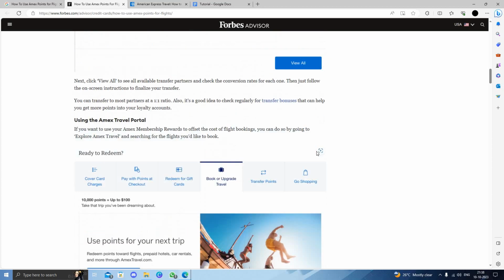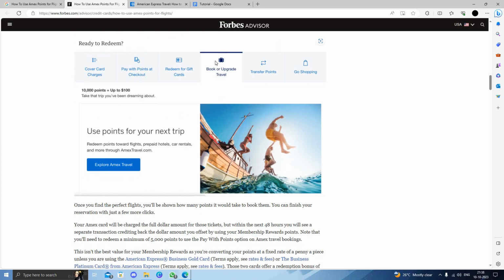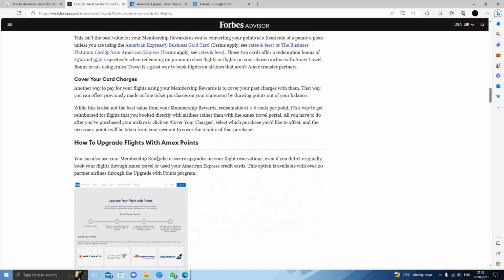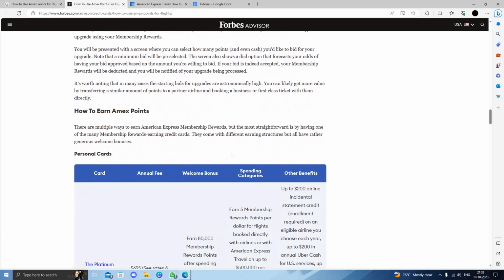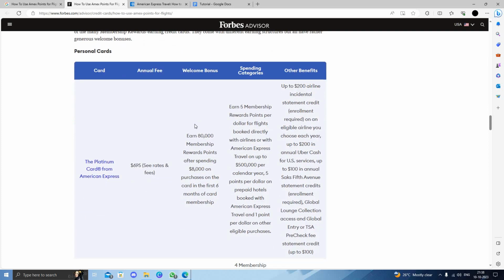Same thing here. So you have to click on book or upgrade travel, then click on explore Amex. Then you select which flight you have taken, for example if you have taken Air China or any flight. Here we have many of the major flights, so we can directly see from here. So after that, after spending,